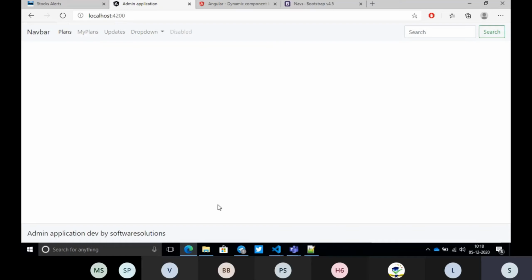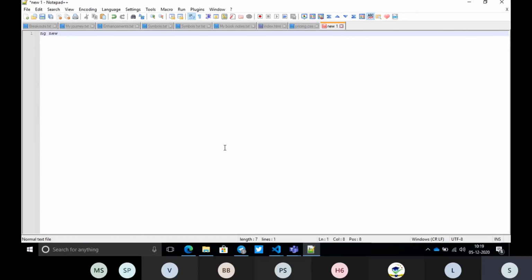Now in this session, the most important things for us in Angular, only three things, right? Interactions. Interactions is nothing but when you click something and what should happen. So that is nothing but event binding.